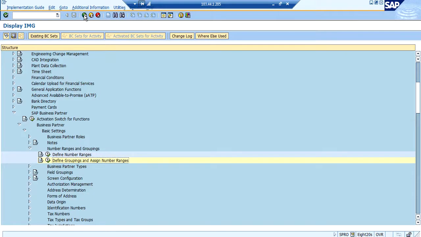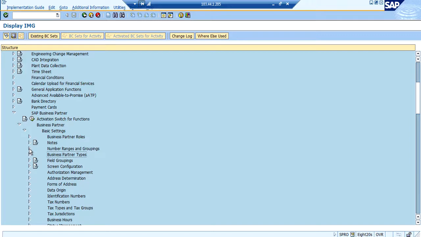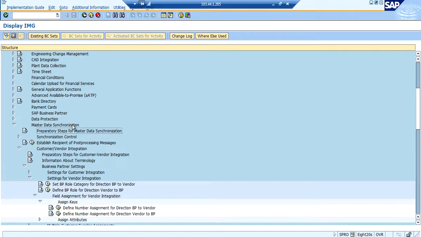So far, we have done configuration settings for vendor master record, where we have created a vendor group and assigned a number range. Likewise, we have created business partner configuration settings, where business partner roles are created and those roles were assigned to a business partner grouping. Once that is done, the next thing we have to do is keep in sync both business partner and vendor master record. Both the number ranges should be identical.